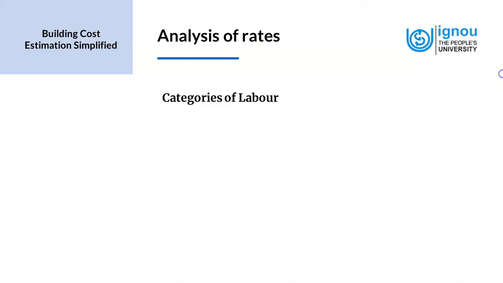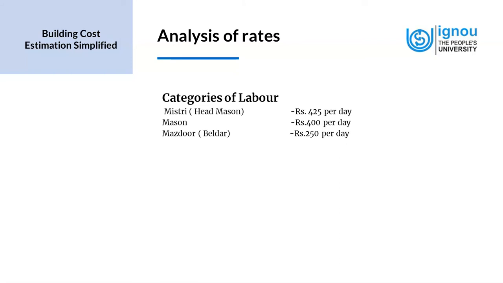Another important aspect of calculation of labor cost is to understand the categories of labor. So we have Mistri, the head mason, who is paid rupees 425 per day. The mason has a daily charge of rupees 400 per day. Mazdoor, the beldar, has rupees 250 per day. Bhishti, the waterman,